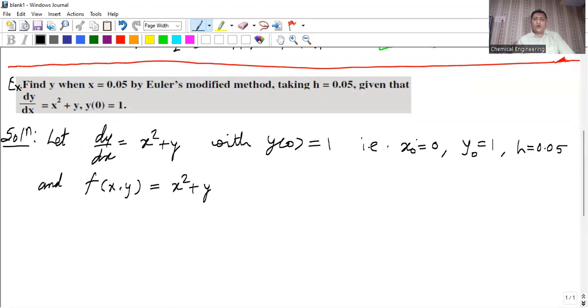So we have all these given things. We have a differential equation and we have the initial condition, so this is an initial value problem. The initial conditions are x0 is equal to 0, y0 is equal to 1, and the step size is 0.05. We have to find the value of y at x equal to 0.05. We need to use only one step. So here, by Euler's modified method,